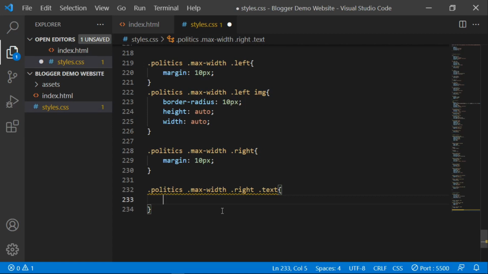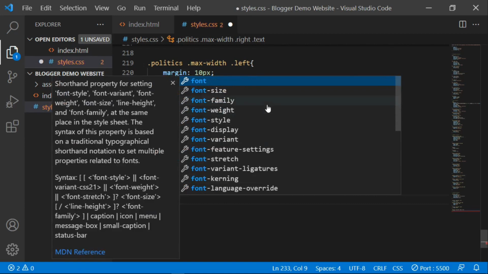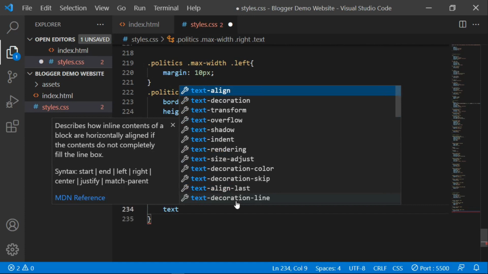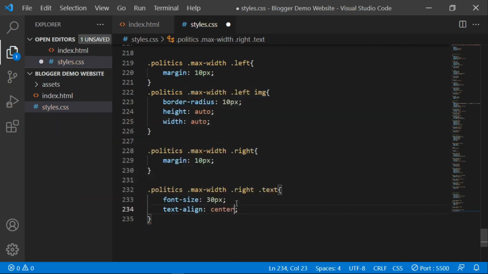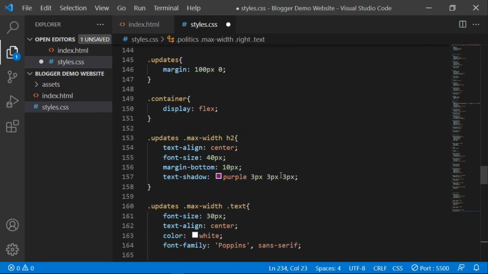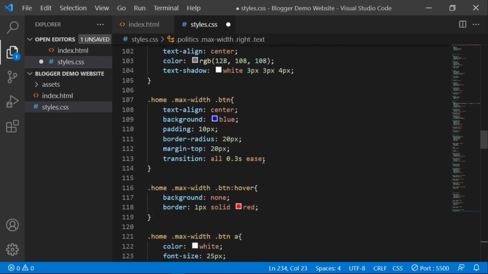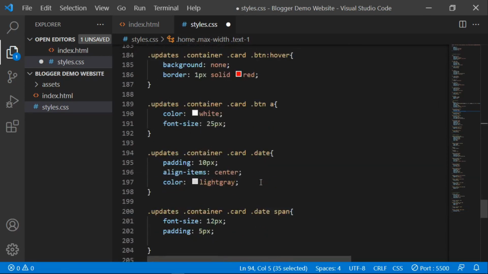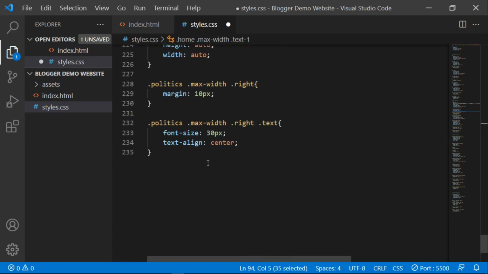font size. Actually font size, let me give it 30 pixel, and then text align center, and then what else, and then I'm going to use Poppins as the font family. Let me copy this font family, and then paste it down here. So I'm going to use this font family, and then